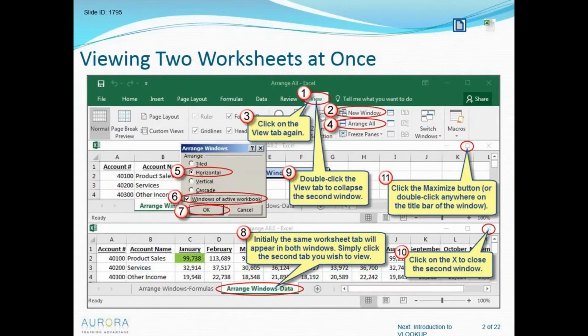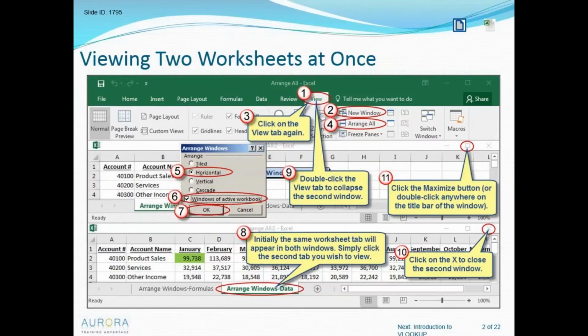In Excel 2010 and earlier, it's going to require a few more steps, or in Excel 2013 and later, if we have only a single screen, then there are some additional steps involved in order to be able to see both worksheets at the same time. Now, a question I often get is, do I have to save my work more often when I open up this second window? You're not duplicating the document. You're simply giving yourself the ability to see two places of the document at the same time. It's still just that single spreadsheet you're working in. You just give yourself some breathing room, because you can see both where you're creating the formula and where your data is, and it helps us write these formulas much more effectively.